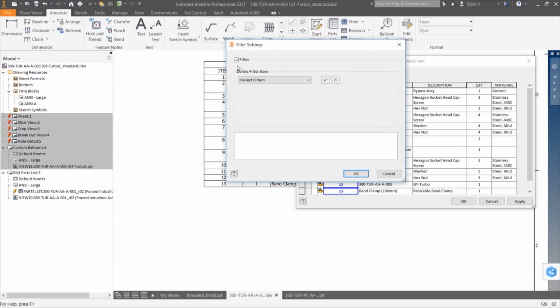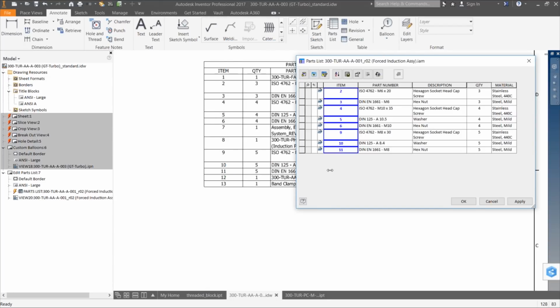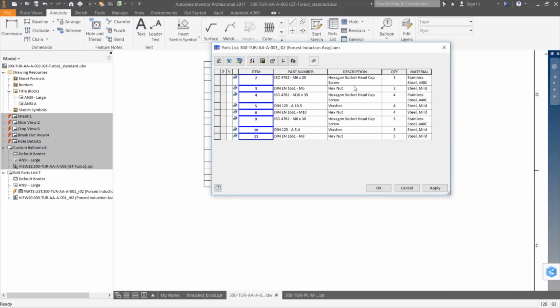And we get our filter dialog. So once you open it, it turns itself on. You can turn that off, of course, or you can turn it on. And then you can define the filter that you want. So there are a few predefined ones in here. I'm going to go with the purchased items. And you'll see once I select purchased items, I can say purchased items only or no purchased items. So purchased items only, for example, is going to give us just the nuts, bolts, washers, all of the fastening hardware